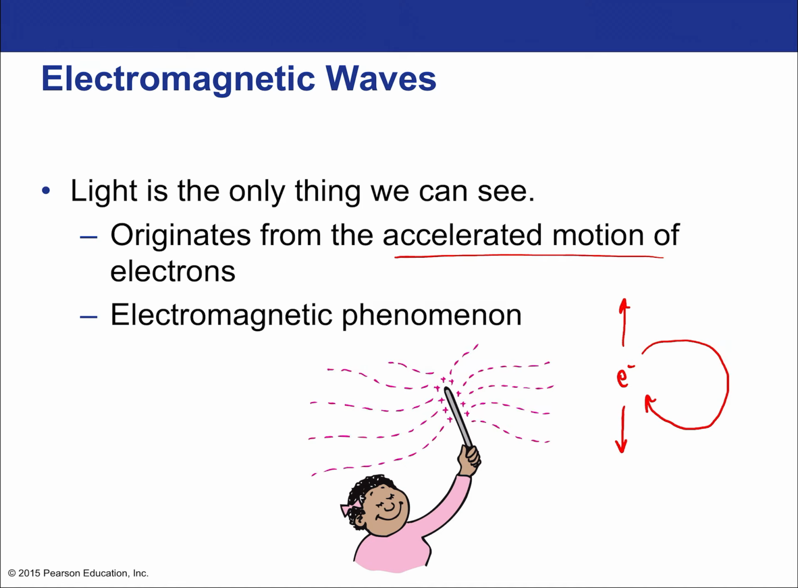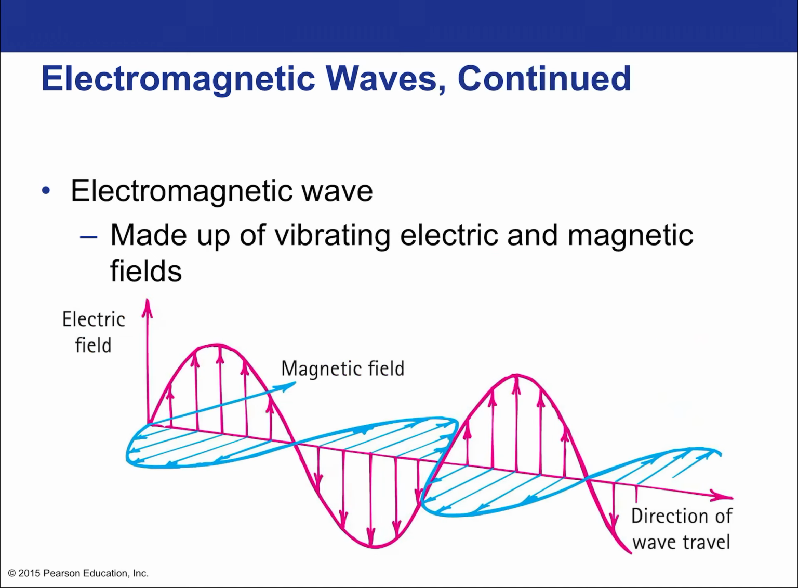Okay, so light is an electromagnetic phenomenon. All right, it is a combination of a magnetic wave and an electric wave. Okay, here it is. This is the electromagnetic wave that is known as light. It is made up of an oscillating or vibrating electric and magnetic field. Okay. And those two fields are perpendicular to each other, as is shown in this three-dimensional diagram,